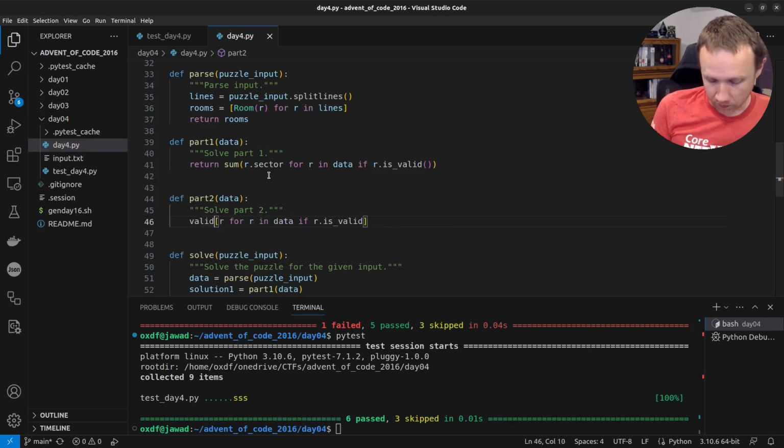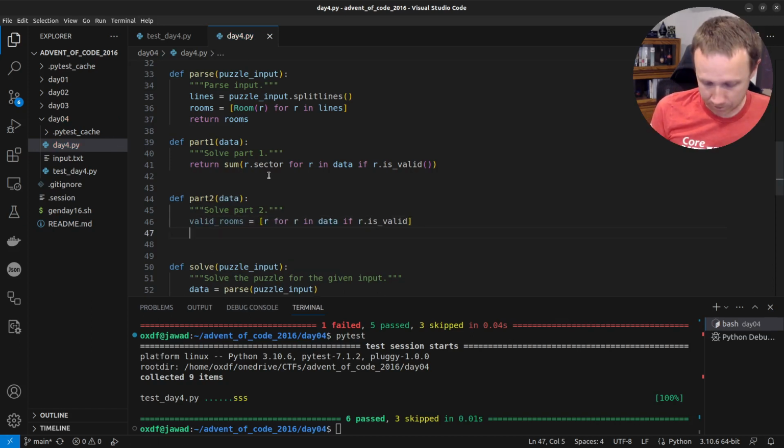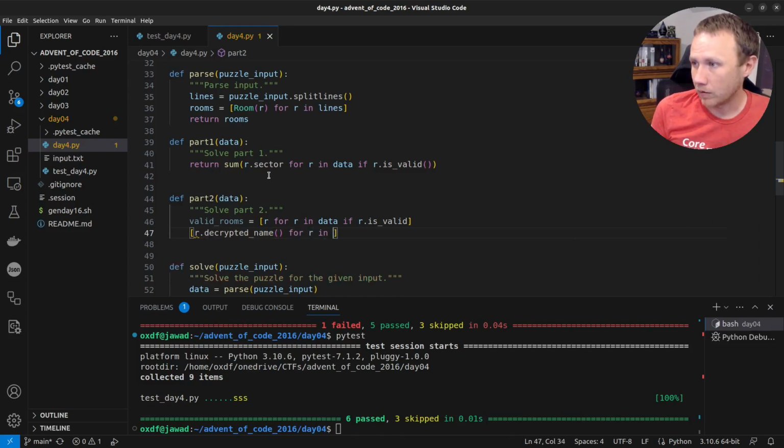We'll call this valid rooms. Then we can say r dot encrypted name for r in valid rooms if north that we're looking for,